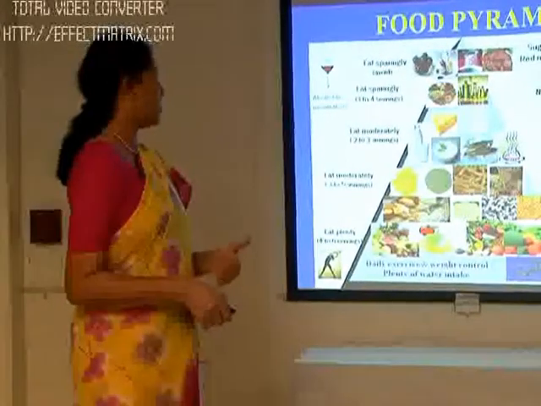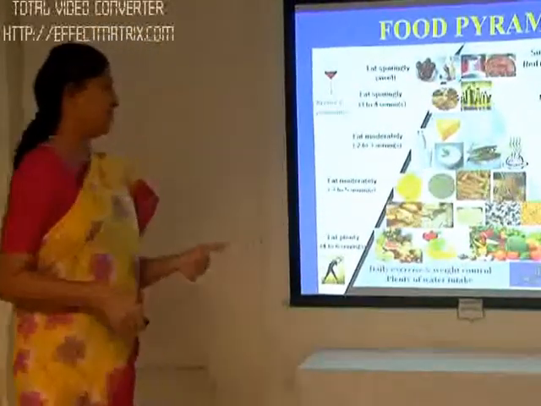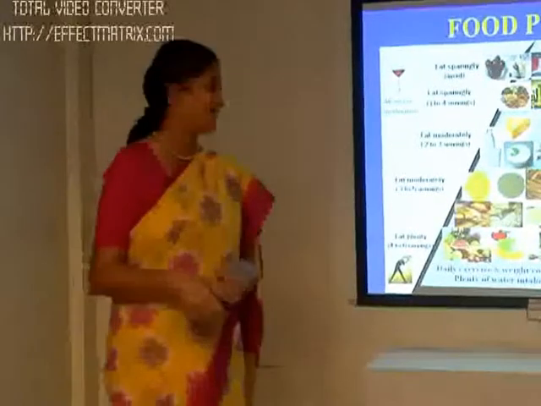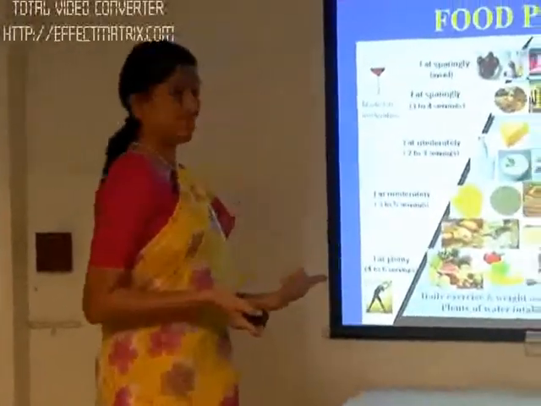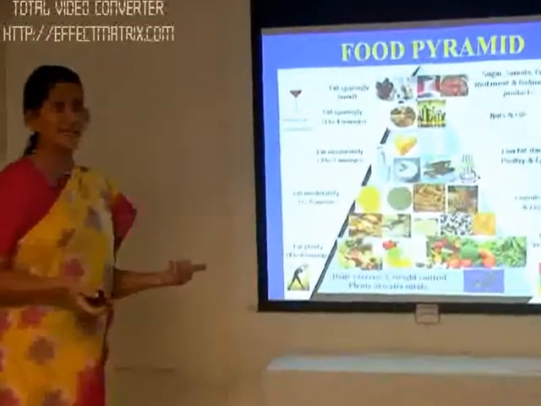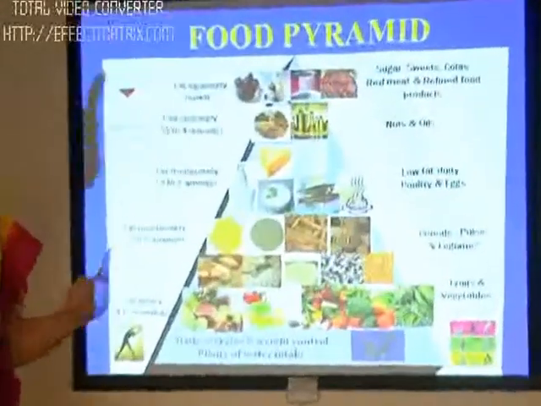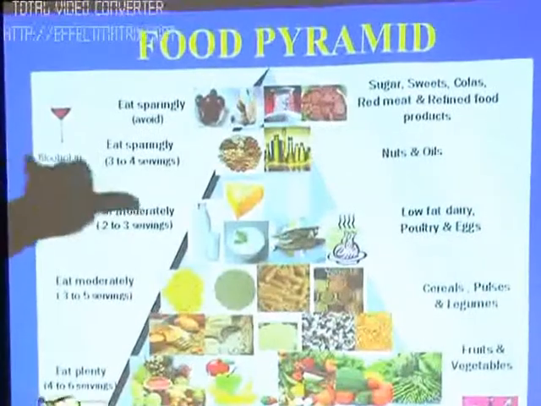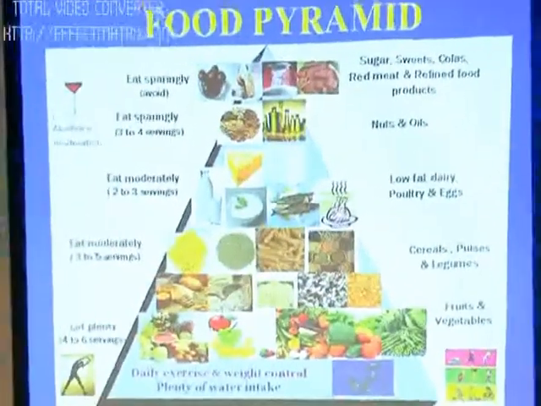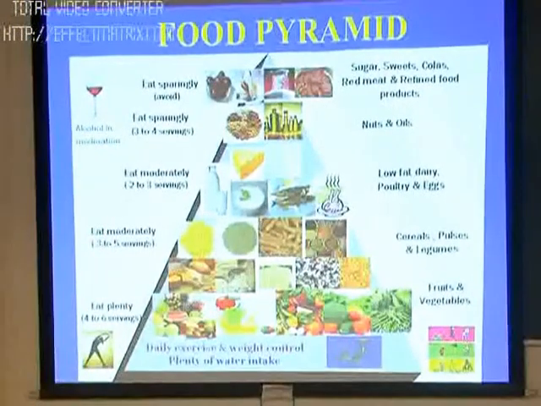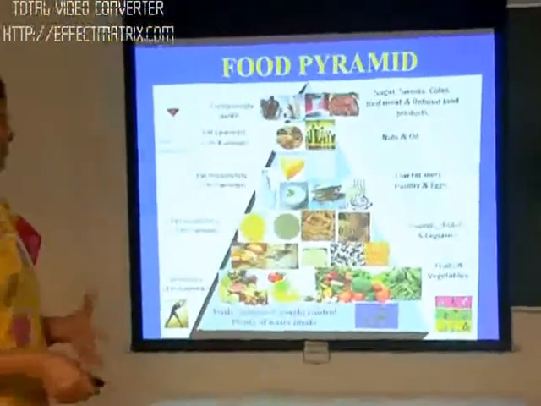Then we go over to the moderate eating. The moderate eating is low fat dairy products. Which are these products? These are milk, cheese, butter or egg, fish, chicken from the non-veg group. Now this group is very important in our day-to-day life. It gives us a good amount of protein, but this protein is also combined with carbohydrate and fat.